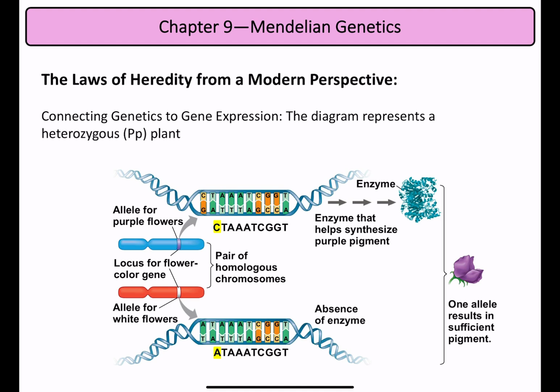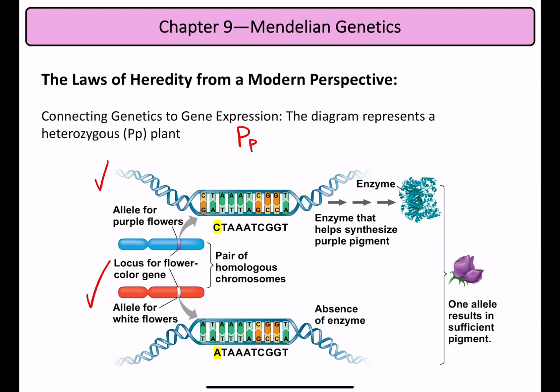What's really going on? And to know what's really going on, you have to know something about chapter 10 and gene expression. Number one, you have to know that sexually reproducing organisms are diploid. They have two copies of each gene, one from the dad, one from the mom. Now this picture, it's really cool, is a picture for a heterozygous pea plant. They have one dominant allele and one recessive. But like we said, they're still purple, right? So why? Well, the answer is,